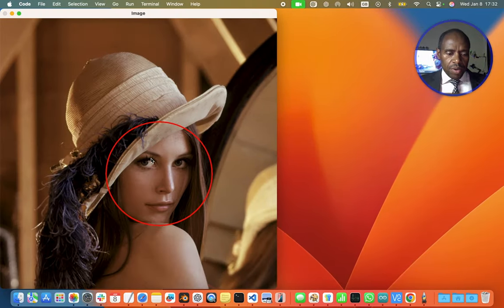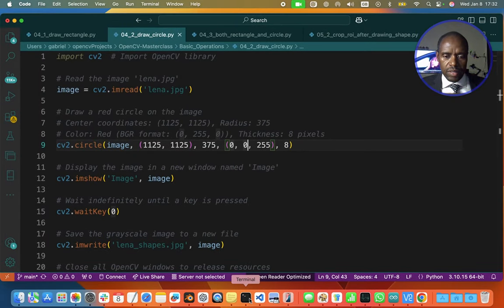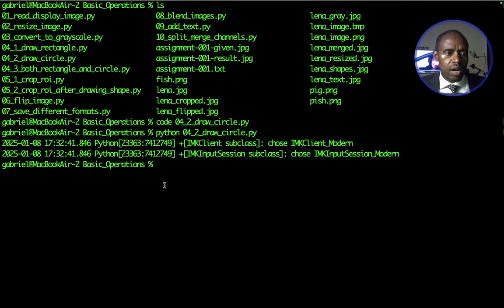This is what you get. I press any key, and then I go to operation number 5,